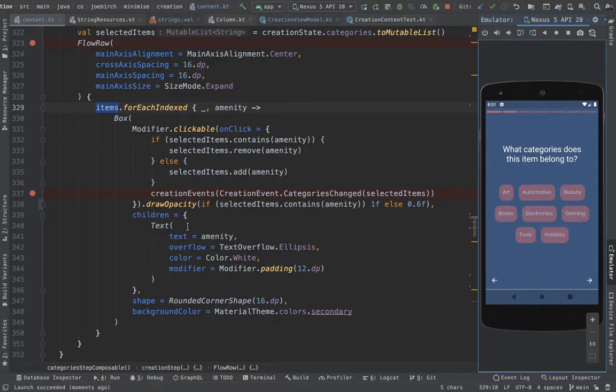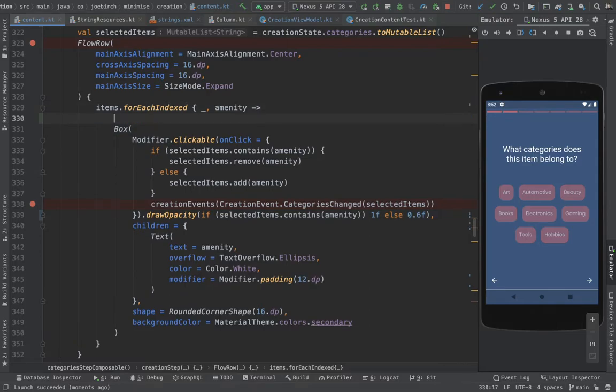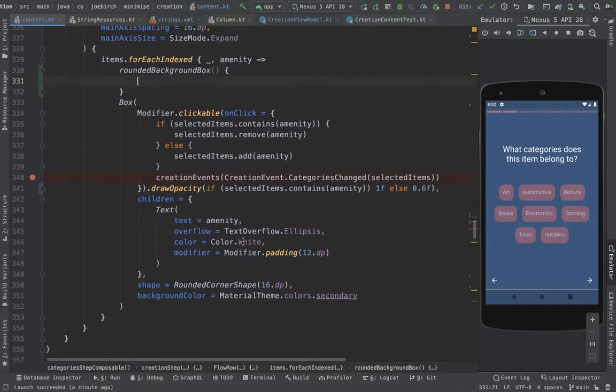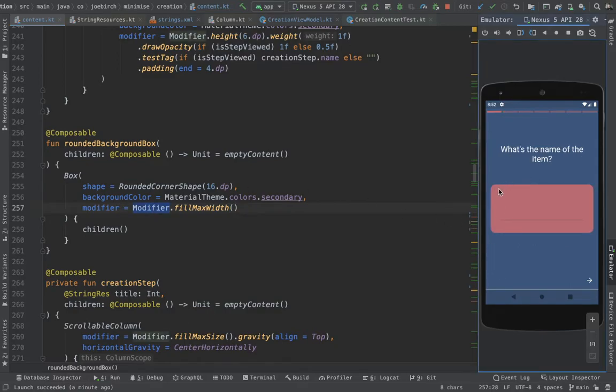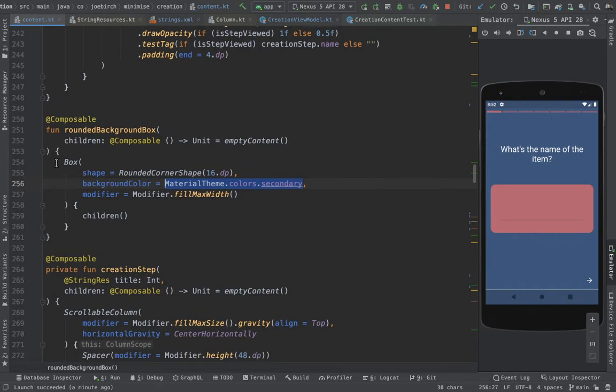So we got. I'm just looking at this box. I think if you remember, it was the first stream, we made this composable called rounded background box. Thinking, I wonder if we can reuse that here, because what that does is it's got a modifier. So what it does is it creates a rounded background, colors it to the secondary color from the theme, and then fills the max width. What we could do